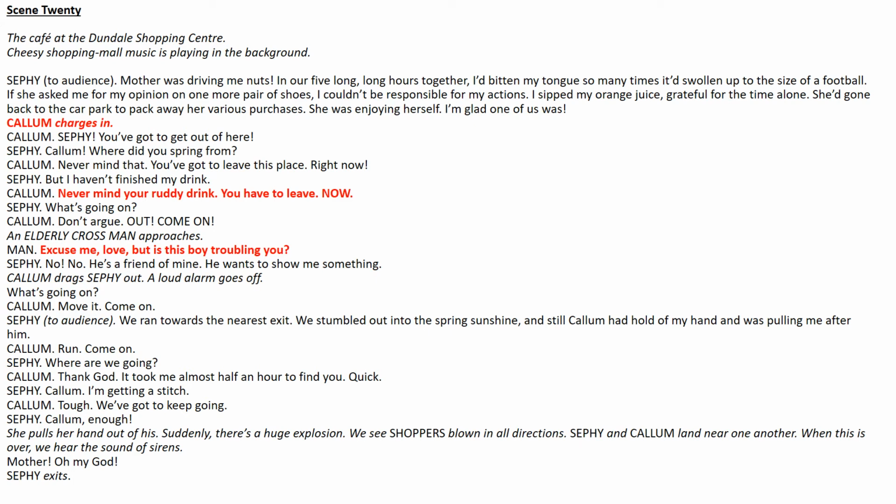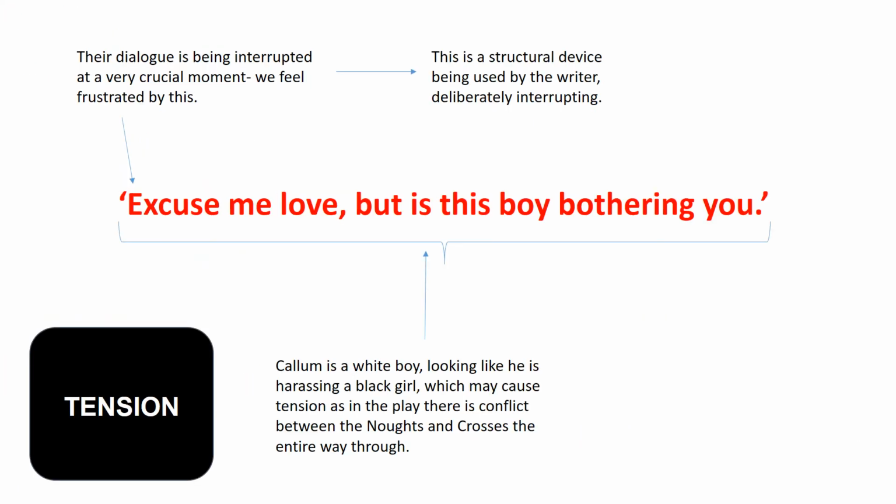So we could look at this in two ways, really. There are lots of other ones in there, and obviously you can look at anything you like if you believe it's causing tension and that you think that you could talk about it and explain why. Okay, so let's have a look. I've decided to look at this